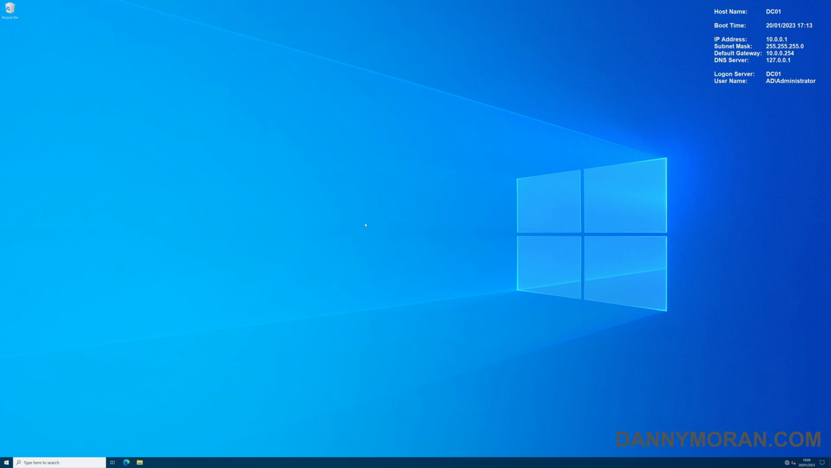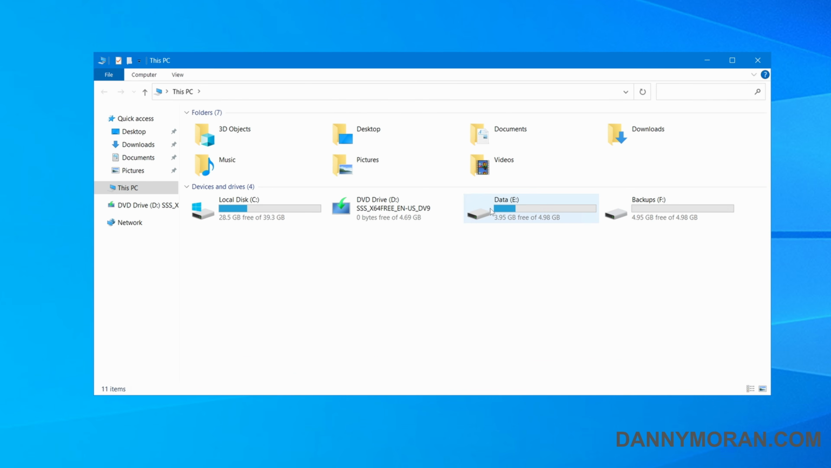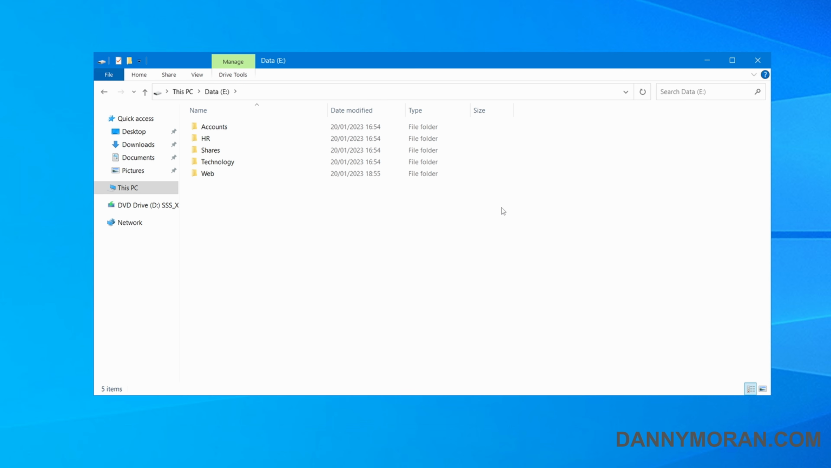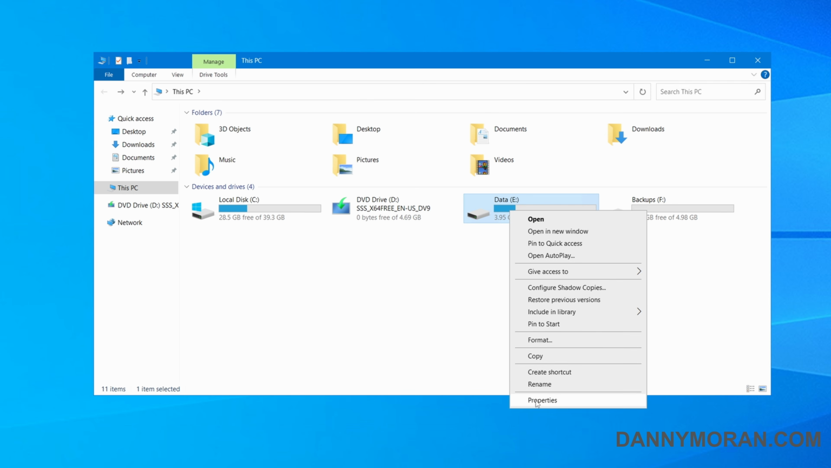I'm going to show you how you can enable shadow copies on previous versions for a drive on Windows Server 2022. So to start, I'm going to open up my File Explorer, and I've got my data drive, which has all of the data for my server, which I want to create shadow copies for on previous versions. So what we can do is we can right-click the drive and go to Properties,